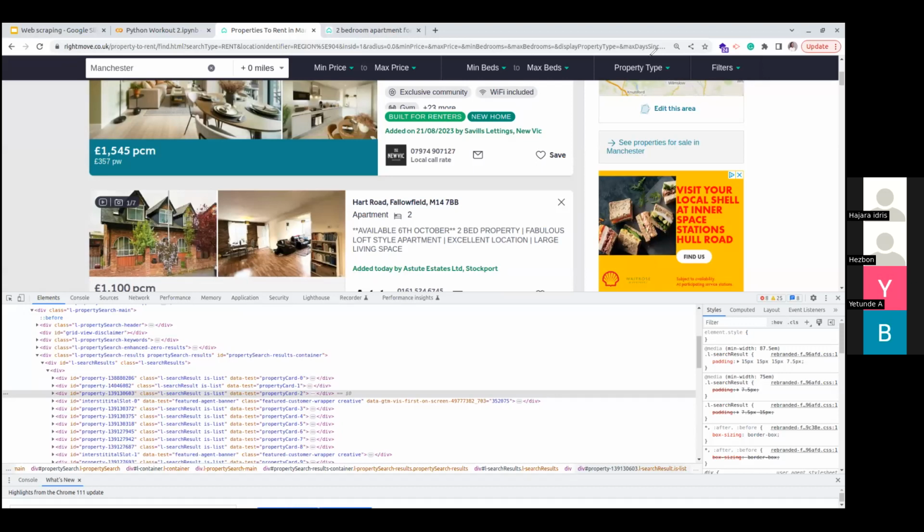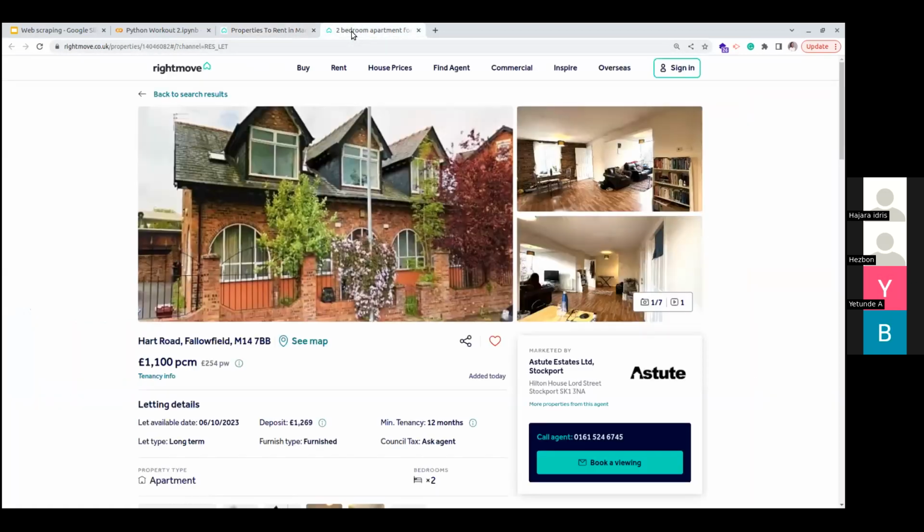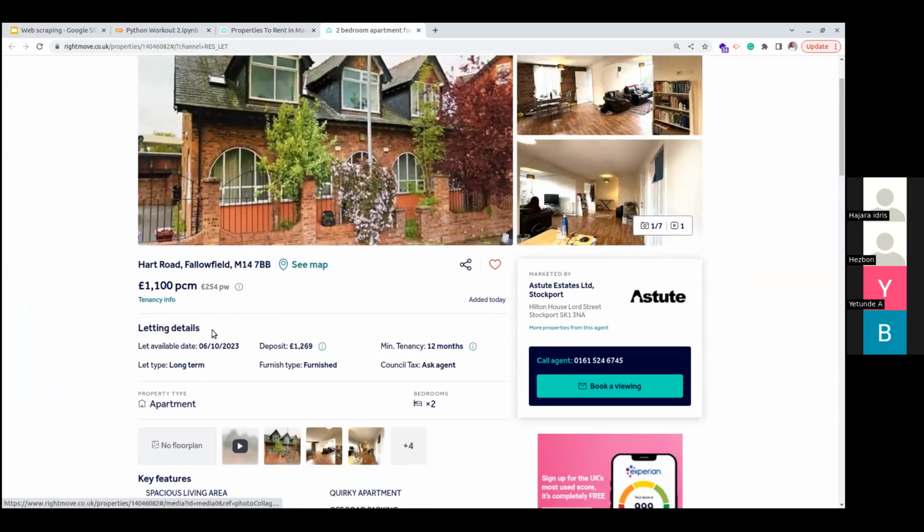You can see that there are more details on the single page of each property listing. There are things like, is it furnished. Furnished means everything is already inside the house, it's not an empty house where you have to buy your furniture.